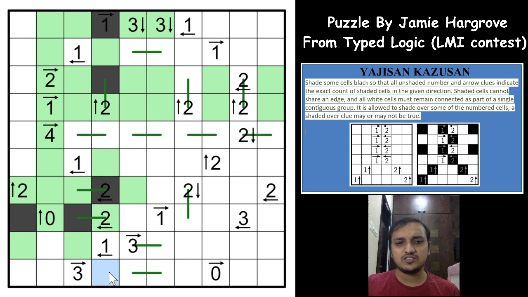So what happens if I shade this cell? This cell will be shaded now, and this cell will be shaded, which is making a white cell stranded here, right? Which means that these 2 cells will be unshaded, which makes this 2 as a shaded cell now. See these 2 now. Because of this being unshaded, we cannot shade this cell, because that will make the 2 clue true, and you have only one shaded cell in that direction, which means that this cell is shaded, and now we have exactly 2 places for 2 shaded cells. We can mark with the line, right?